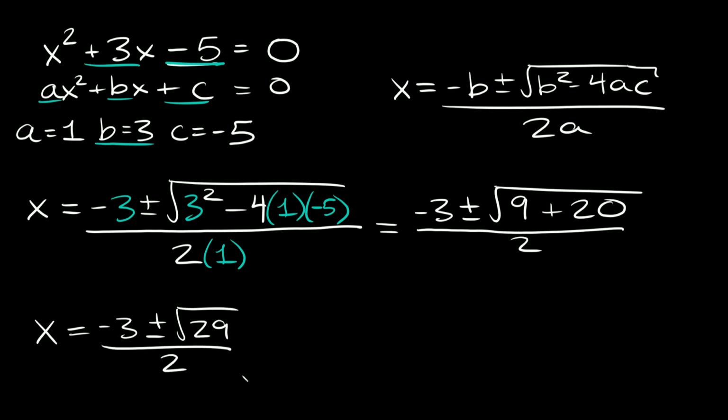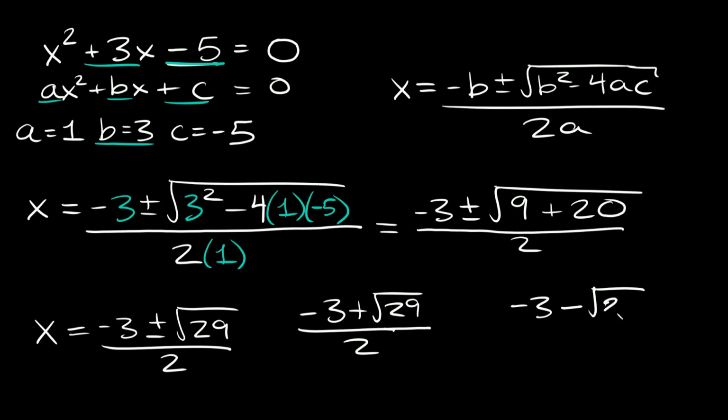all over 2. Okay, so here we get two answers, right? We're going to get that x is equal to negative 3 plus the square root of 29 over 2. And we're also going to get that x is equal to negative 3 minus the square root of 29 all over 2. Okay, so let's plug this one into a calculator. You can take the square root of 29 and then add negative 3 to that. And then whatever that is, divided by 2. And then you should get approximately